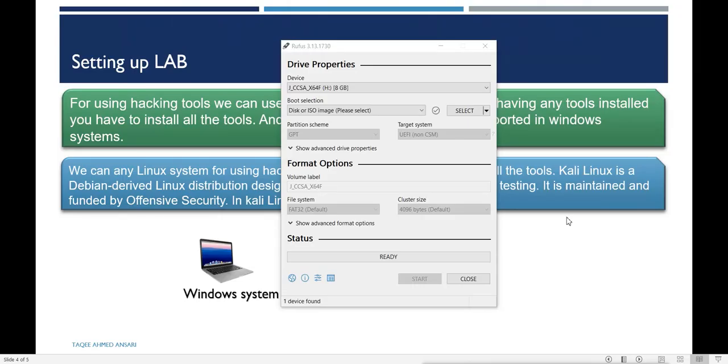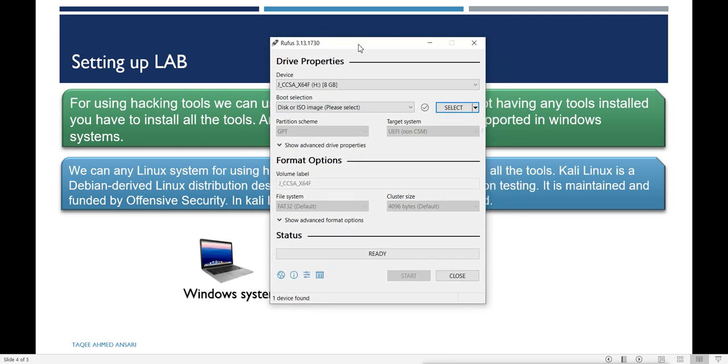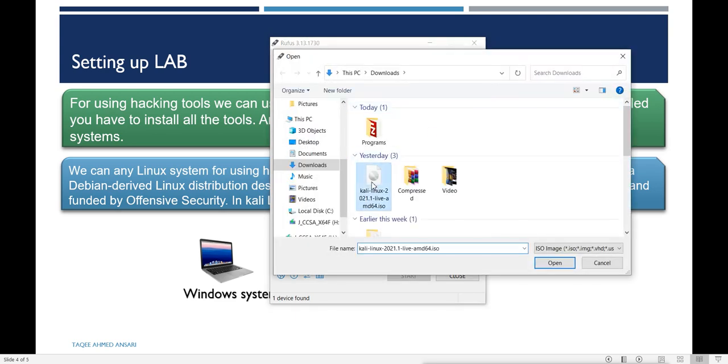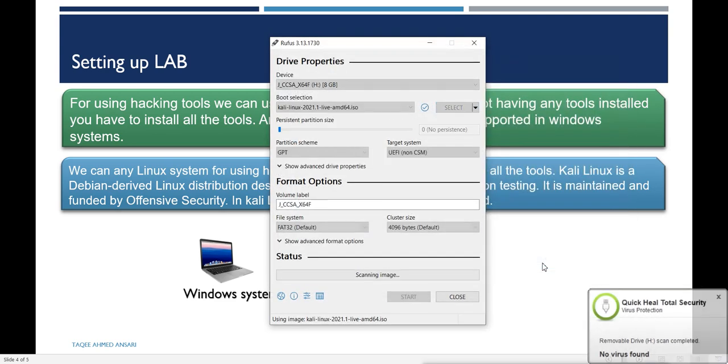For making a bootable flash with the Kali Linux live ISO, we can make it by using a small software called Rufus. What you will do, you will connect your flash, my flash is 8 GB, and then you have to select the ISO here. You can select the Kali Linux live ISO, and the other options it will select automatically.